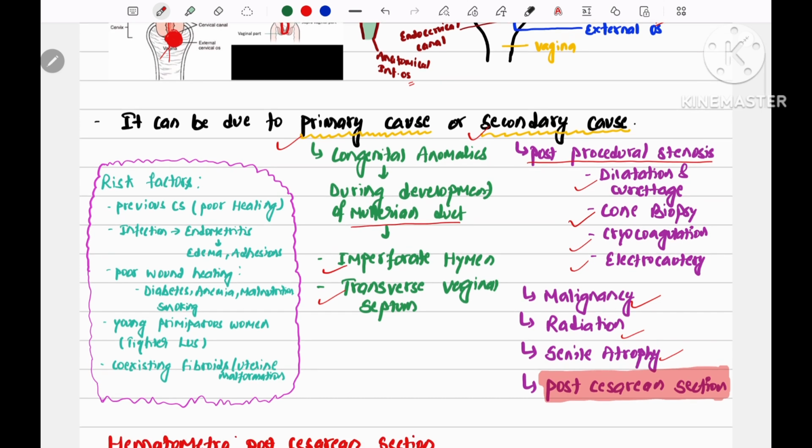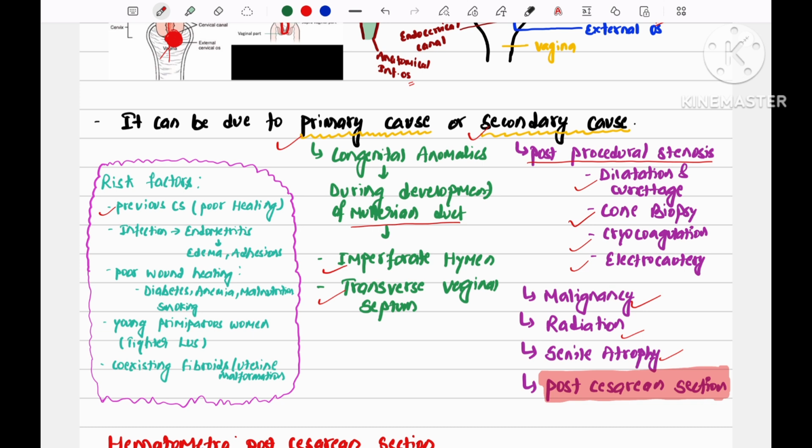So at first we will learn the risk factors. What are the risk factors that can predispose a woman to having hematometra? The first one is a previous caesarean section. Like the caesarean section was performed on a female the first time, and due to poor healing,